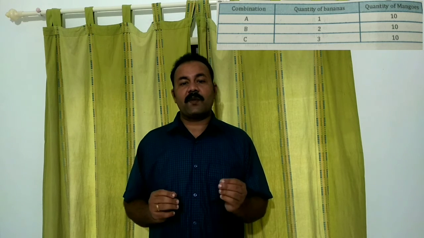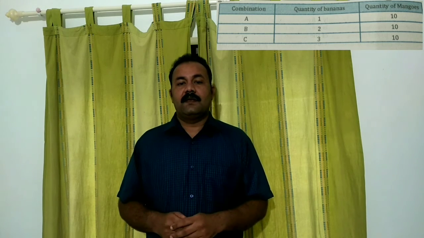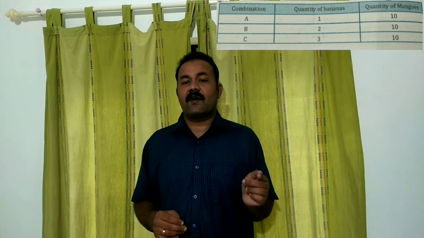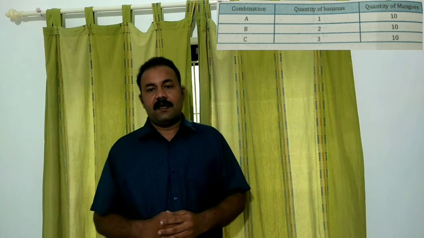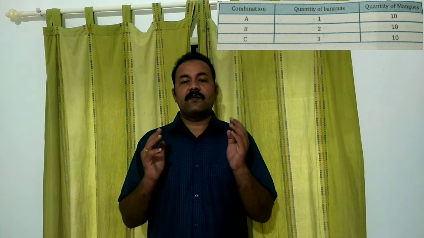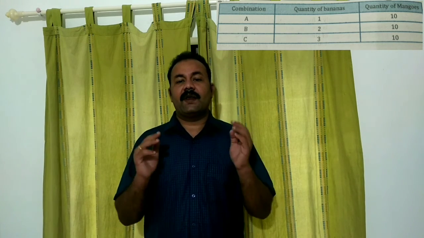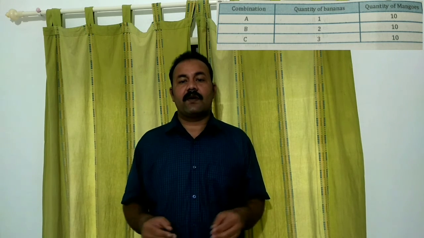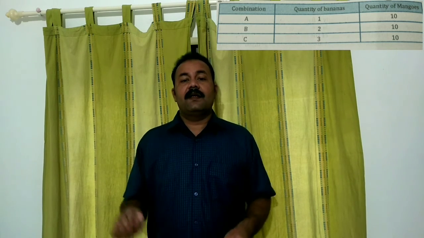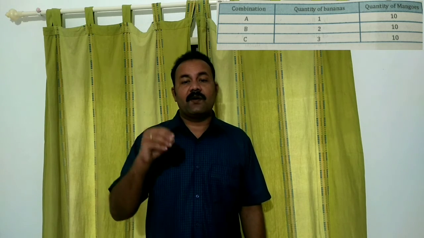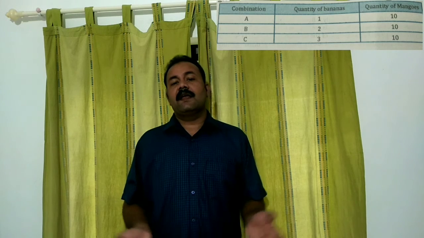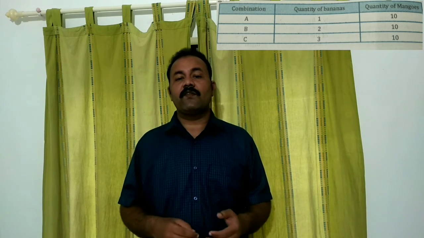In the first combination, the quantity of bananas is 1 and the quantity of mangoes is 10. Here the consumer is consuming 10 units of mangoes in each case, and he is increasing the units of